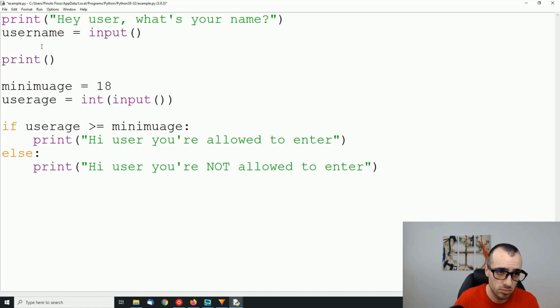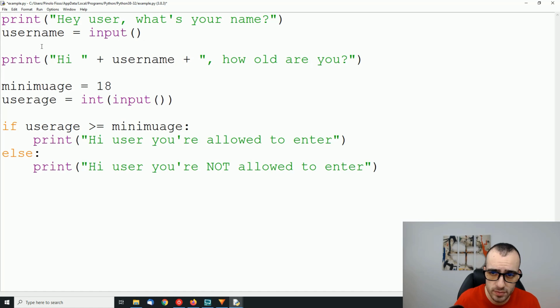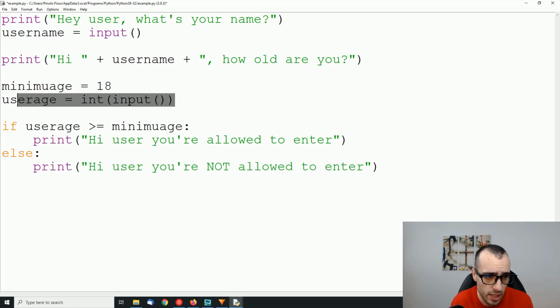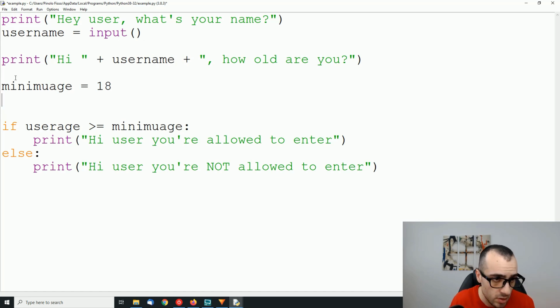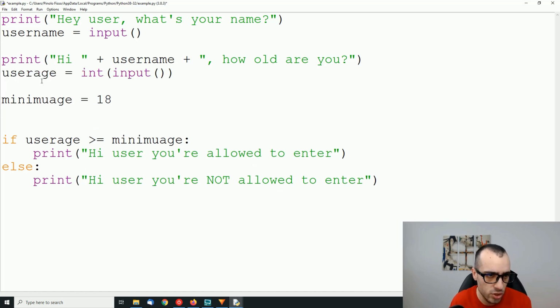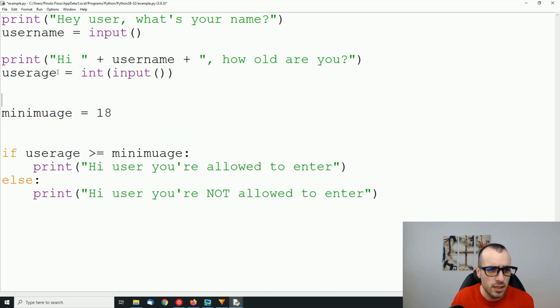print. Then we want to make a personalized message. Hi, name, how old are you? Hi, plus username, plus how old are you? And here we take the age right after we ask the age, and